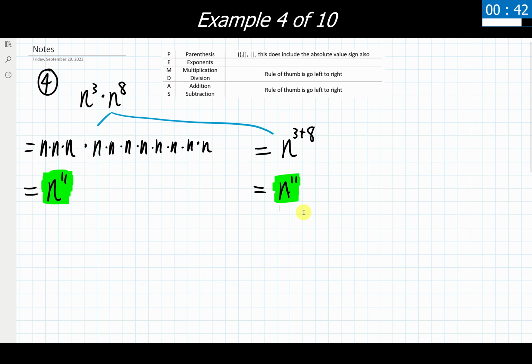On the homework or on a test, again, I do not care which method you would use, though I strongly recommend that we get comfortable with this product rule, because let's take this expanded form as an answer. All it takes is someone putting a 1 or a 3 there, or maybe it's a 4 there, and suddenly you're having to write out 31 n's and then another 84, and I just don't think there's enough paper to do all of that and make it nice and neat and organized. So you're welcome to use this, but I would very much get comfortable with using our shortcuts and properties, which is the main thing that we're trying to focus in on and use in this particular section.